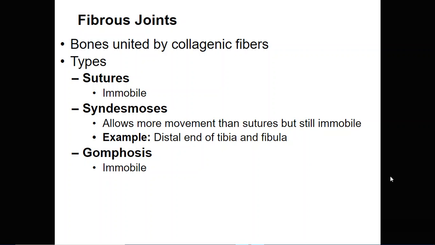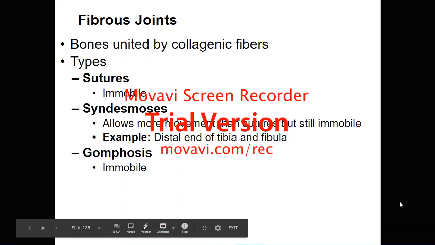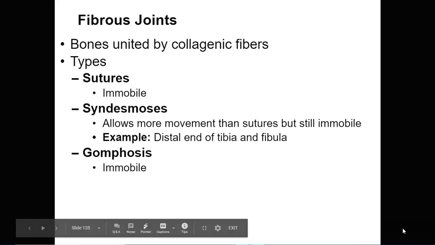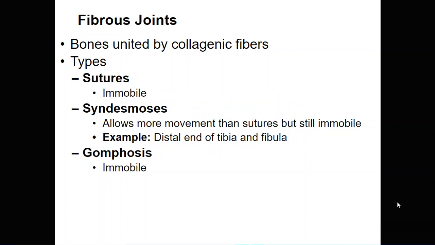Syndesmosis. So these are going to be fibrous joints that are connected by ligaments. And essentially, a ligament is a fibrous connective tissue that connects bones to other bones. The collagen fibers are longer than in sutures. Sutures are the shortest collagen fibers. So with the syndesmosis, the collagen fibers are going to be longer than the sutures, but they're still going to